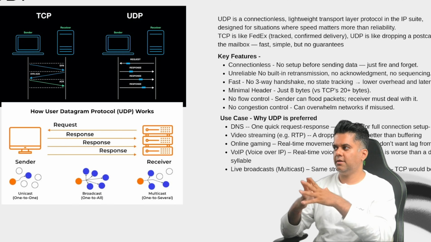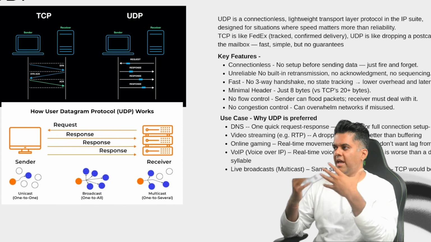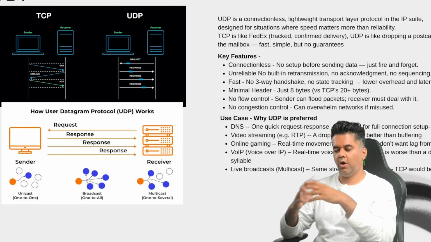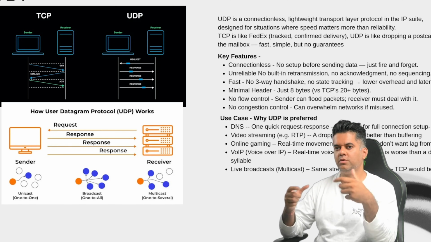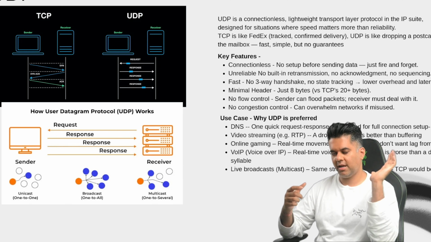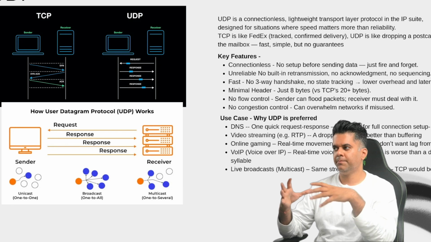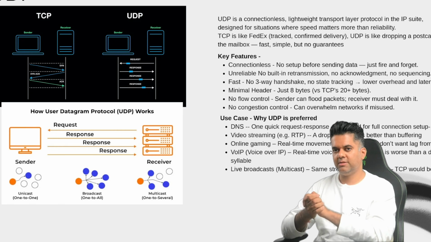And VoIP, right? Real-time voice packets. UDP is amazing. And live broadcasts, UDP is a great option there too. Now, there's something called UDP multicast. It's used in stock markets. We'll talk about that much later in the playlist when you're very comfortable with systems. But that's the main use case for UDP that you'll see in this playlist. All right, now let's move on to the next video.